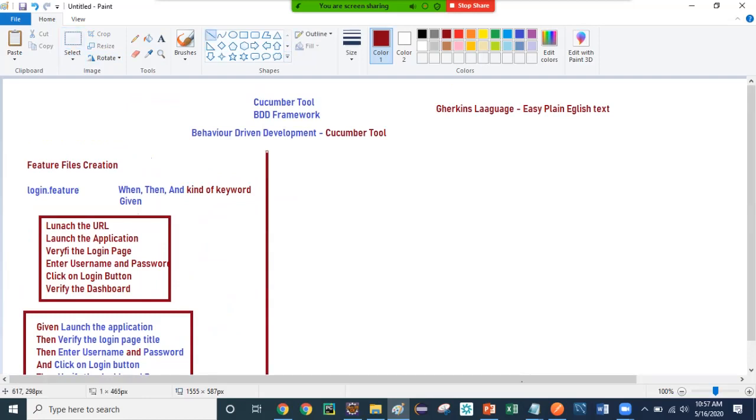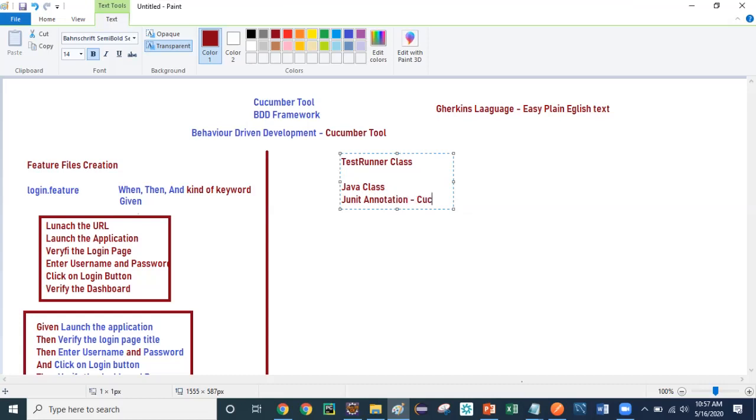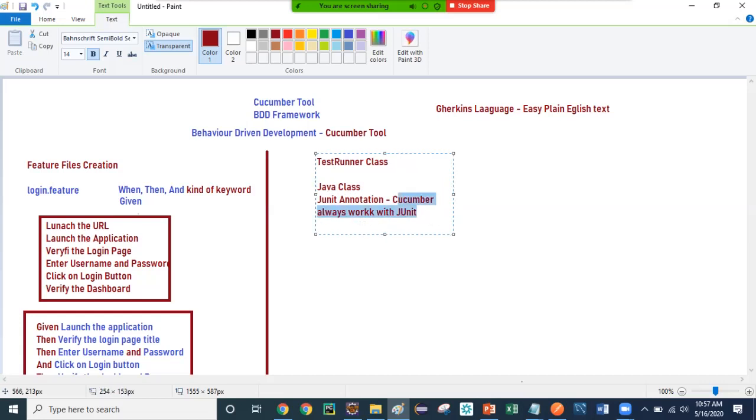Once you create the feature files, you need to create your test runner class. The test runner class will be a Java class which uses the JUnit annotation, not TestNG, guys. Cucumber always works with JUnit, because it has some inbuilt libraries and files which support Cucumber development.